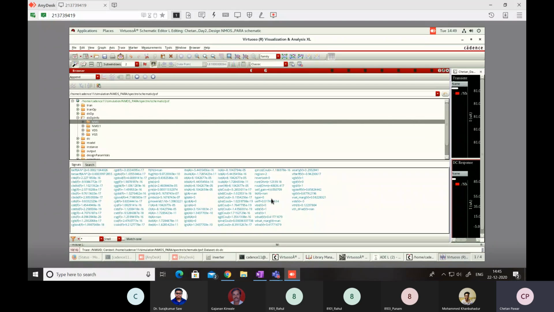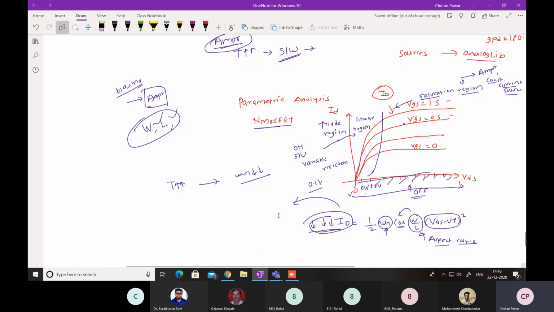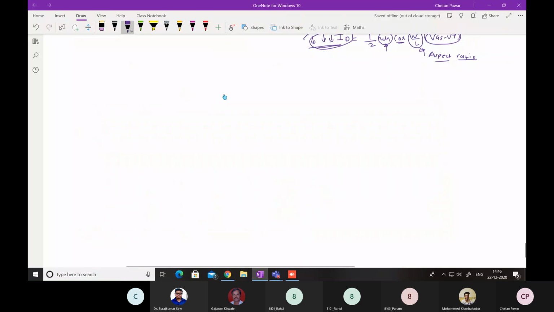Okay. For other fellows, I will show you. Okay. So here you can see the different parameters related to the single MOSFET. Okay. So here you can see different parasitic capacitances are there. So if you have studied MOSFET clearly, that MOSFET is having multiple parasitic capacitances, right? So it will affect the frequency response of the MOSFET. So because of the MOSFET architecture,